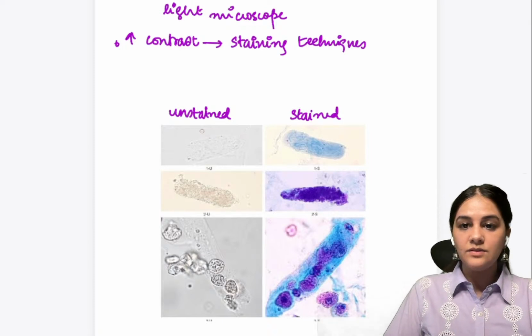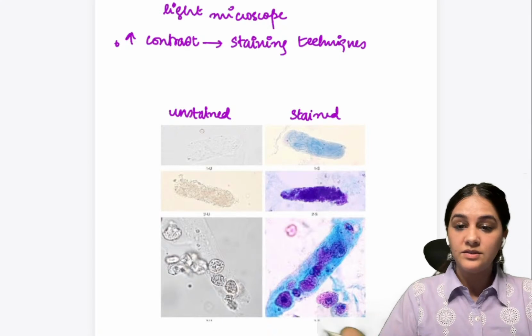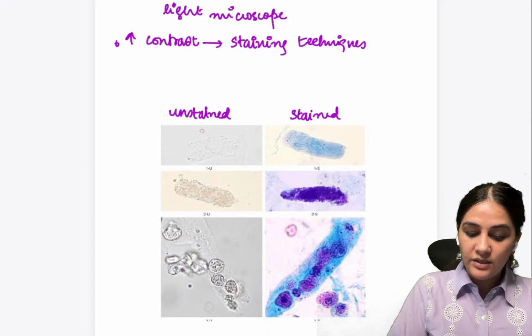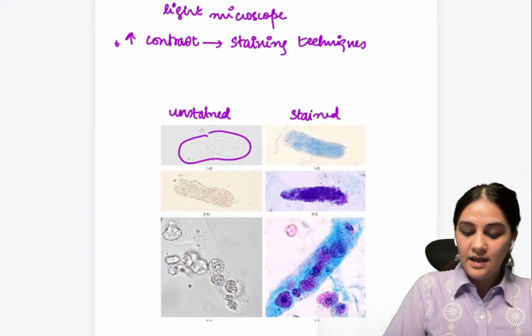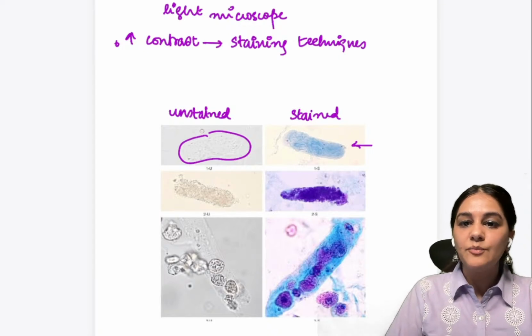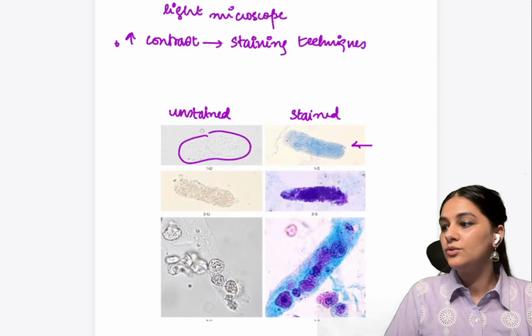Okay, so the ones on the left are the unstained specimens, and the ones on the right are the stained ones. Can you see these exact same bacteria when stained have become so much more visible, right? So staining is important because one, we want to see the bacteria, and secondly, we want to see the